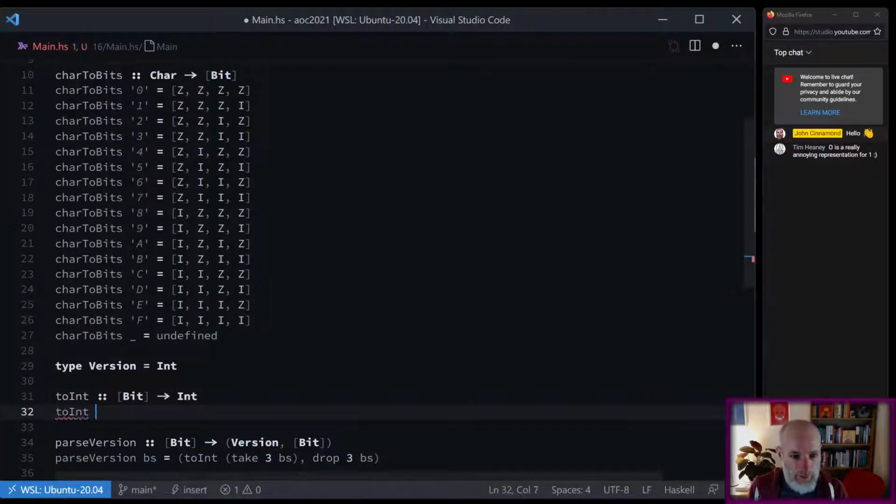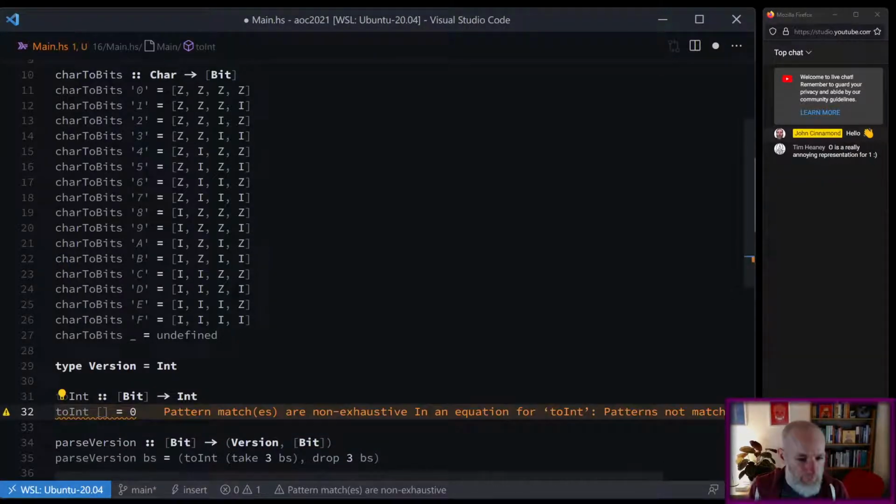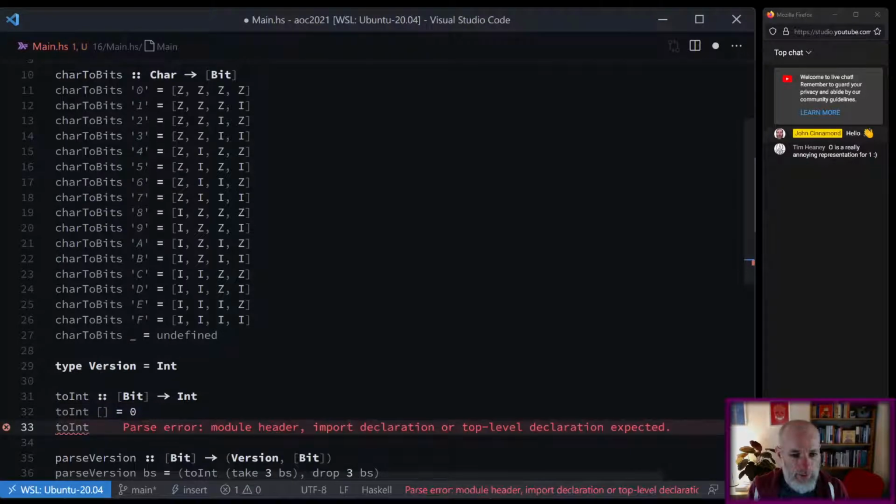So to int of the empty thing is 0, and to int of, oh, I've got to remember where I am. If we get a bit and some bits, it's